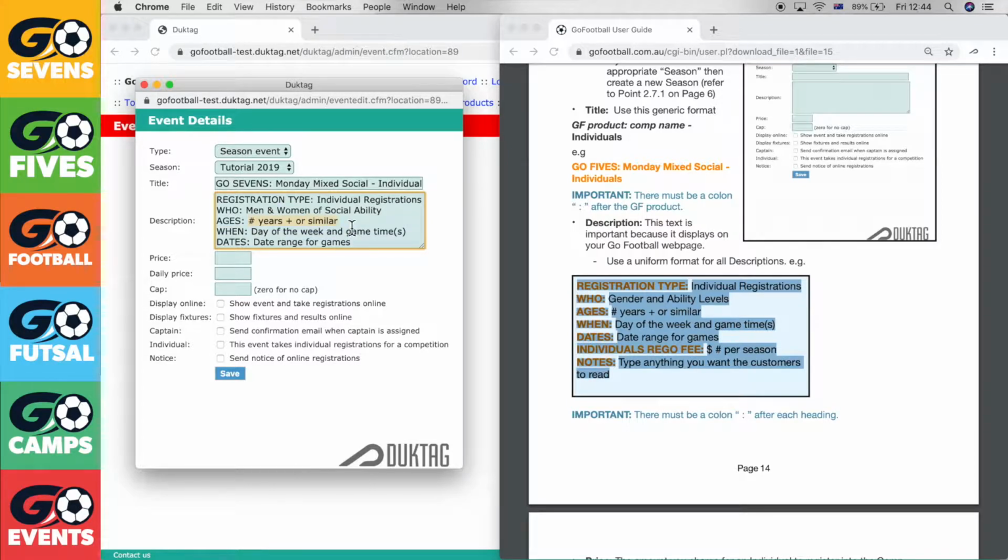Ages, we're going to say it's for 16 years and over. This is obviously totally customizable. I'm just doing what pops into my head. So when day of the week and game times, let's say I'm running it on Mondays at 7, 8 and 9 p.m. Now remember, what you write in this box is visible to the public. So make sure that you correct all your spelling and all of the details about your events are correct so